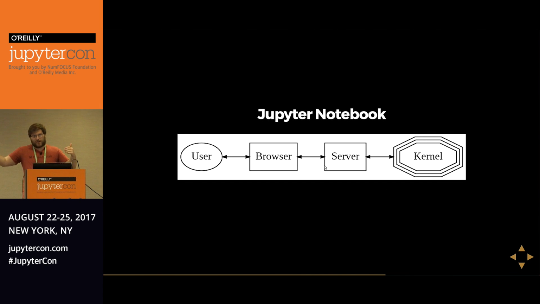The Jupyter Notebook adds more layers of indirection between us and the kernel. Now as a user, we're talking to a browser, which is talking to a server, which is routing those messages to the kernel. And now I might have multiple kernels and multiple notebooks, and it's routing messages back and forth and making sure that all the notebooks and all the kernels line up and all the messages don't get crossed. So we're getting increasingly far away, or increasingly many hops between the user and the